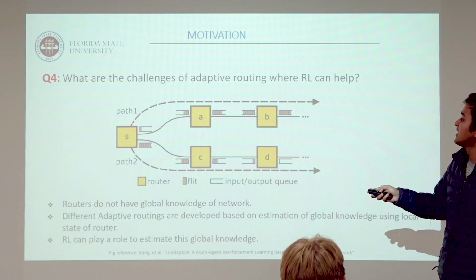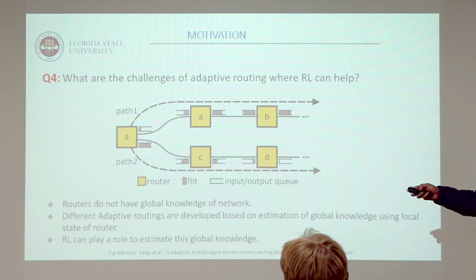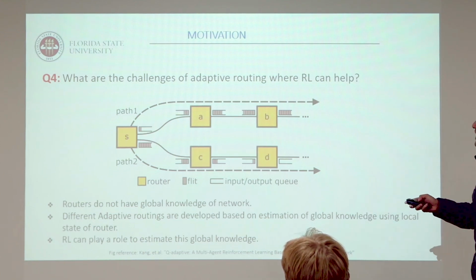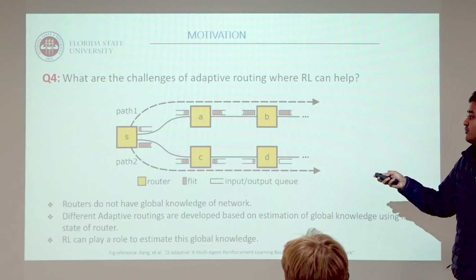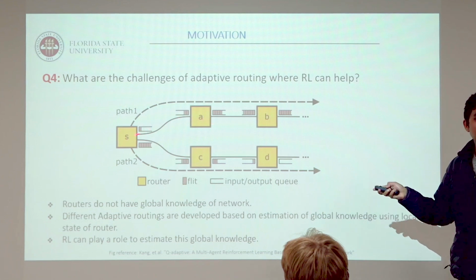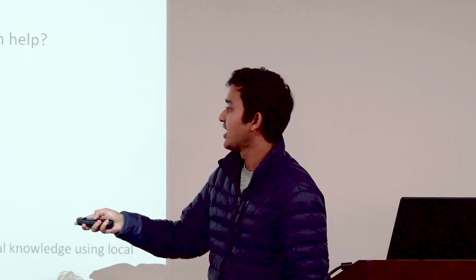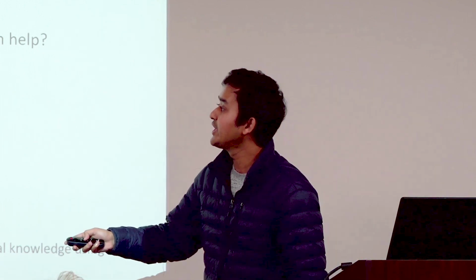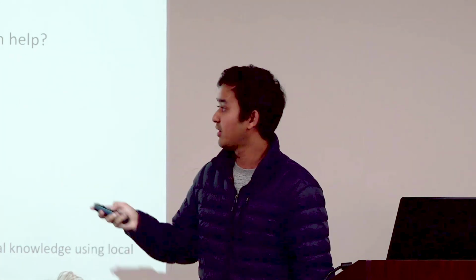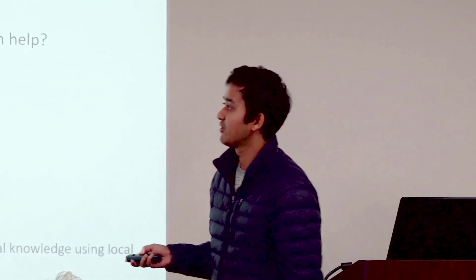You can see a small number of packets is waiting to use this link, but if you consider the whole global path, so many packets are waiting to use this path. So based on this information, if only one packet is waiting to use this link, we would try to send the next packet using this link. That would be a bad idea, because later it will have more congestion. That's why we need to estimate this global information to make it available to each router. Here reinforcement learning can help us estimate this global information.